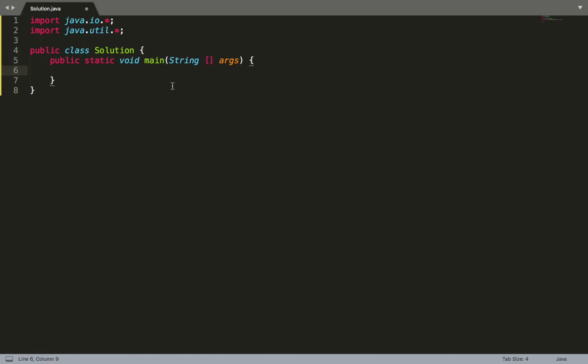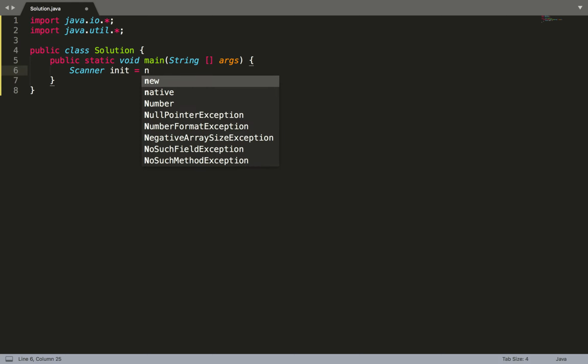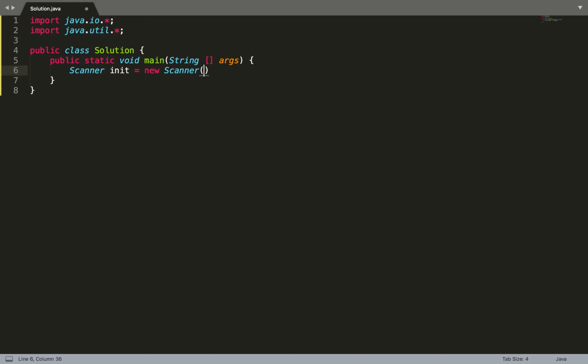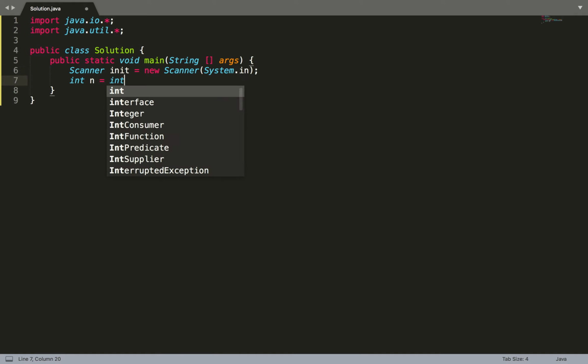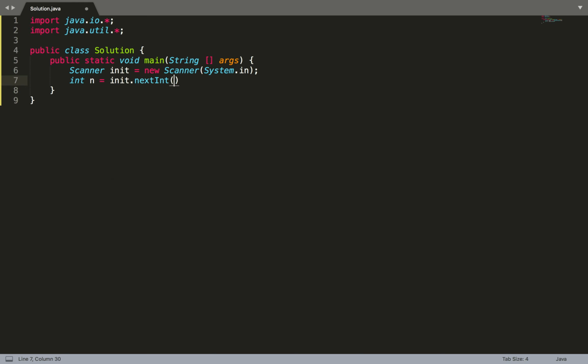Over here I have a basic setup of just my class and everything. So let's get started coding this. First let's make a quick scanner so we can parse the input. Now we want to get the number of test cases, and for each of these test cases,